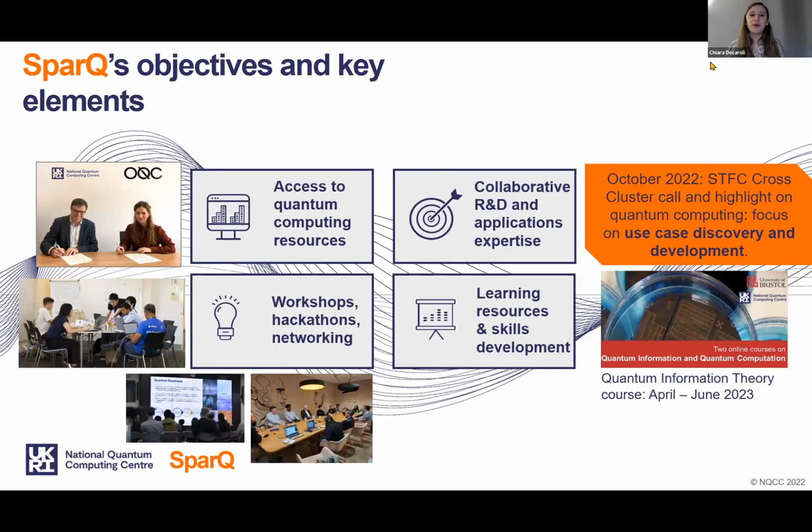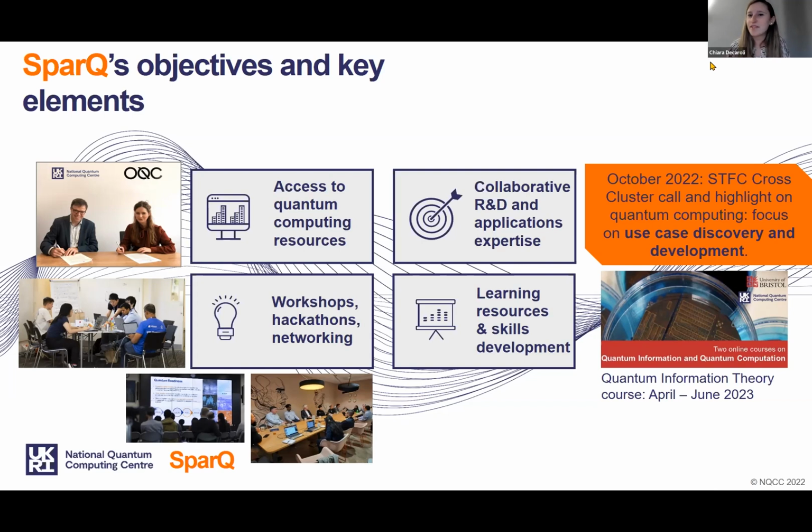I just want to give you a couple of case studies within each one of these pillars and tell you what we've been up to in the last year and give you maybe some ideas for potential collaborations. In terms of access to quantum computing resources, we've put a memorandum of understanding in place with Oxford Quantum Circuits, and they are very much the first partner that delivers quantum access for us on behalf of the NQCC. And we are in discussions with a number of other providers that we'll bring on stream next year.